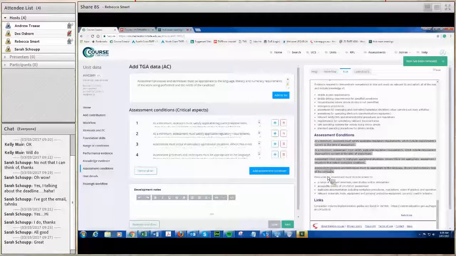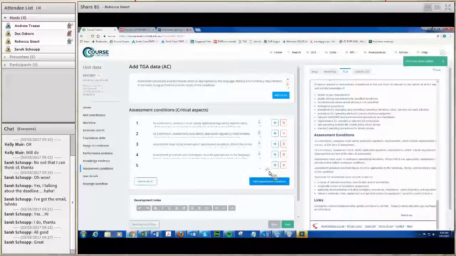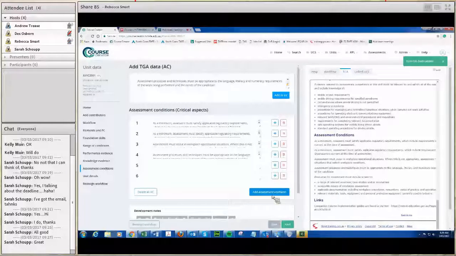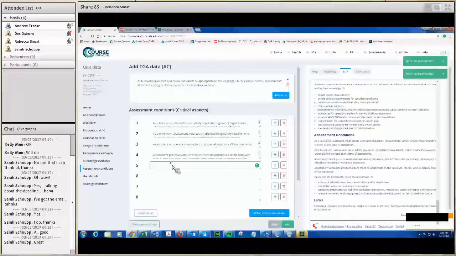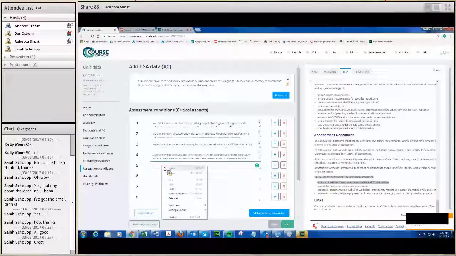There's the first four. The last paragraph is something you'll need to split because they all have to be mapped to separately. Instead of putting this resources sentence and the bullet points in together, they'll need to go in as individual assessment conditions. And I'll just show you how to do that without using the top field. If I add an assessment condition, I know I'm going to need 4 more, so I can just add 4 more, and I can delete them easily too, as I said before. And what I would do is put that first sentence, which relates to each bullet point, and I would put them in